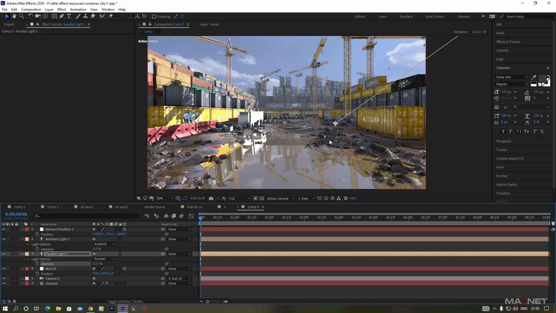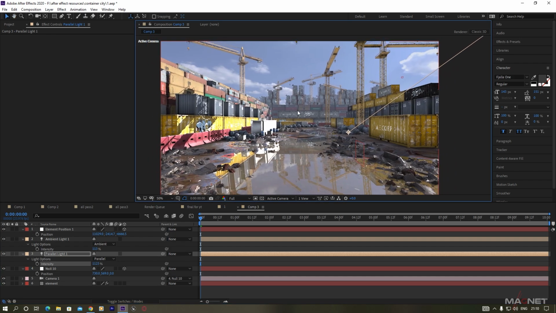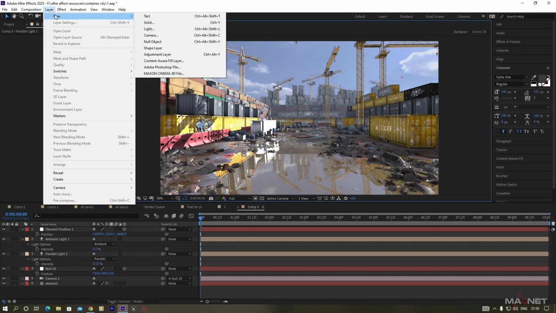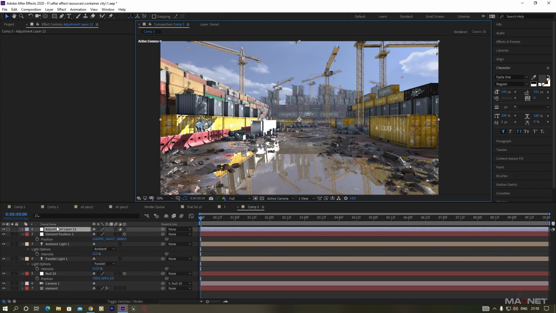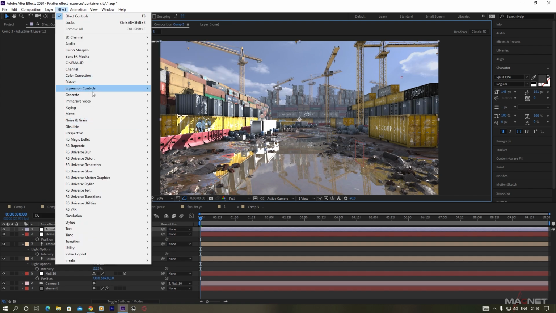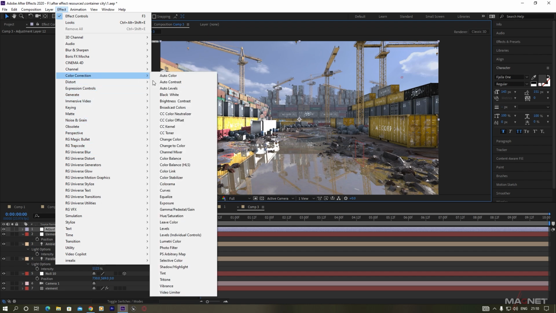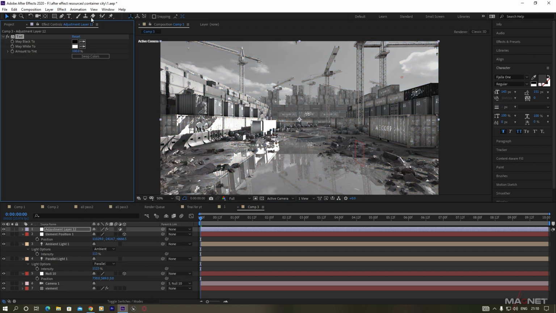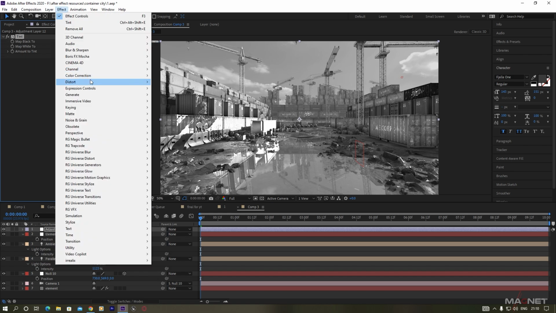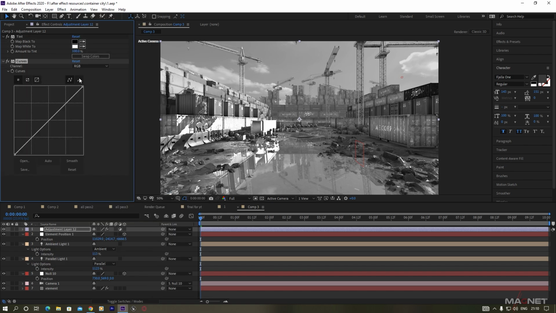Okay, so now you'll see that it really creates an even better result than my teaser video. Now we're going to do some color correction. For this, again go to this layer, New, Adjustment Layer, then go to Effect, Color Correction first, and we put a Tint effect here. Also go to Color Correction and the Curves effect. Then I decrease the tint amount here,